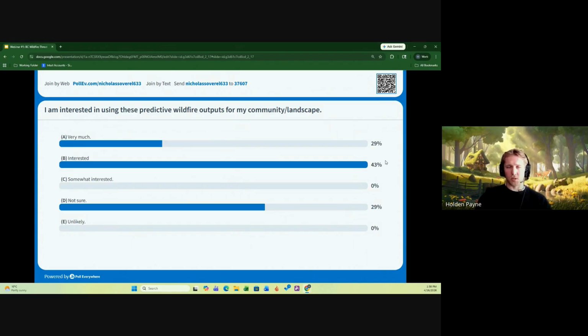I think the amount of time we spent on accuracy and calibration was in large part to improve confidence in these types of approaches, so that we know this is another tool that needs a lot of thought into it, but if it's done well, I think it can improve accuracy assessments and fire management planning and all that stuff. So a good amount of very much, I like to see that, and then some interested, and then some not sure. Hopefully we'll get some good hard questions in the Q&A section.